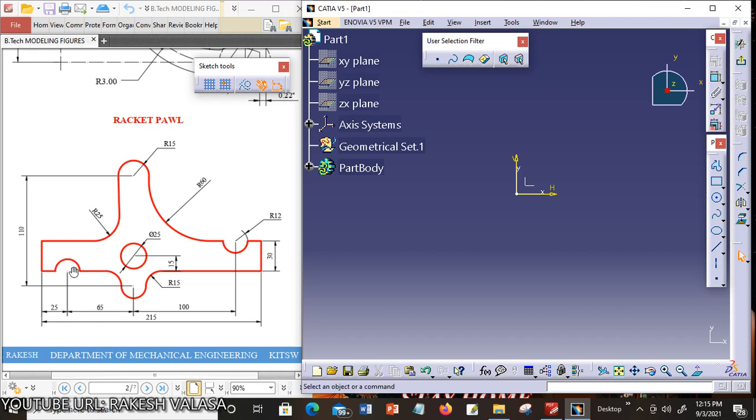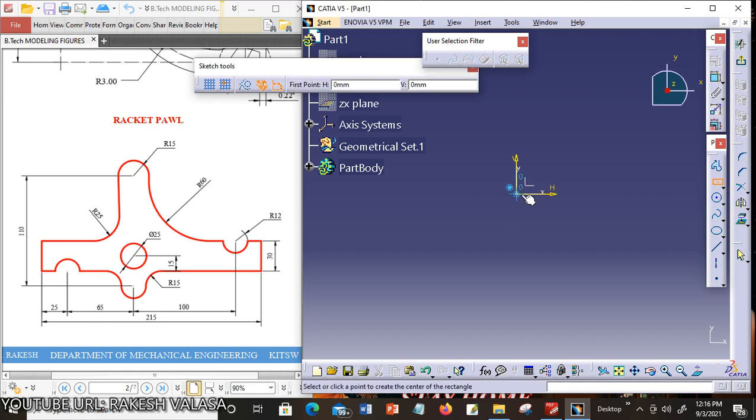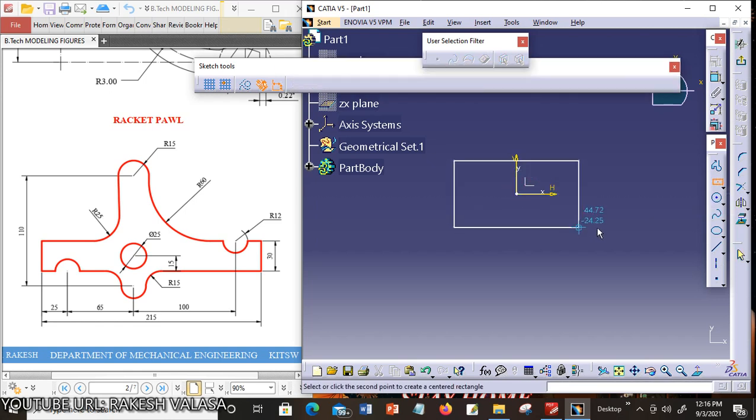The figure has a number of curves. Here one circle, second circle, third circle, fourth circle, fifth circle. Before constructing these curves, first you construct one reference rectangle. You can see here the reference rectangle width is 215 millimeters and height is 30 mm. In the CATIA V5 software, I am choosing center rectangle. The tool is available in rectangle subtools. Now I am choosing center rectangle. Choose the center point and drag to outside.